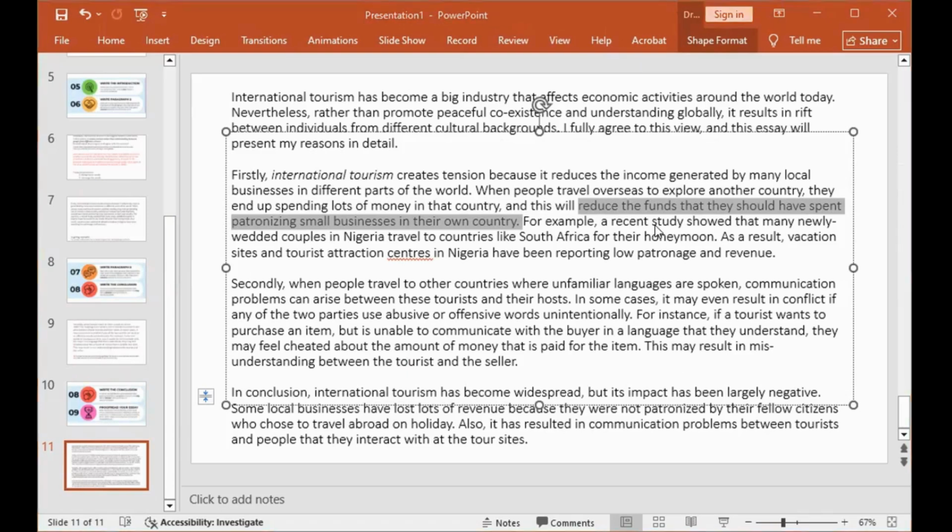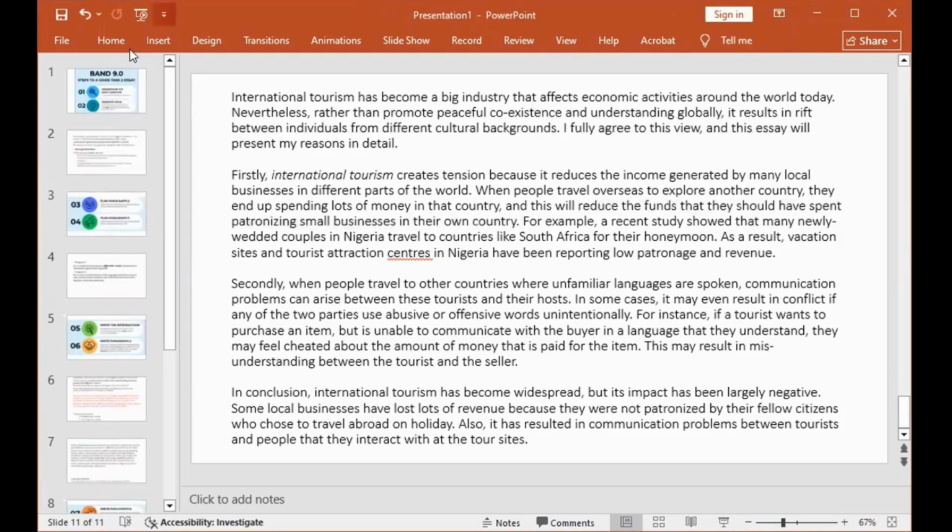So, in fact, that's what you should do. The points that you presented in paragraph 2 and paragraph 3 are what you should use to write your conclusion. But you should do some paraphrasing so that you don't repeat some words unnecessarily. They don't want you to do unnecessary repetition.